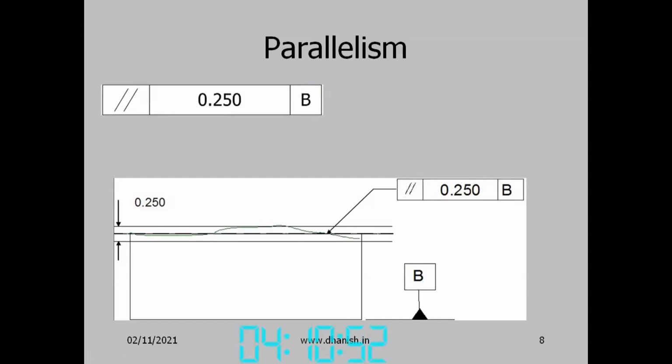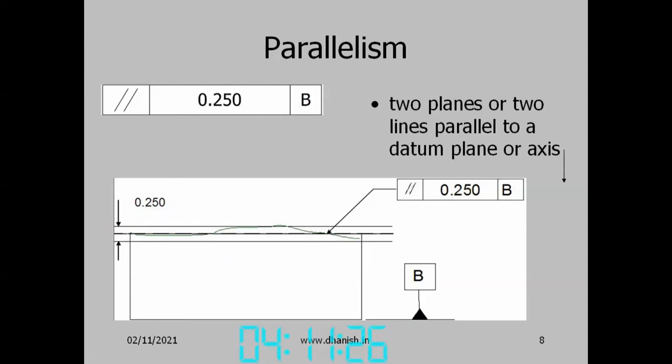I think there may be a question like that: what is wrong with the geometric tolerance specified? There should not be a datum for form tolerances. So again, the datum is B. First we have to locate the workpiece on a surface plate or something, and then move a dial over the surface, and the total movement should not exceed 0.25. So that is the meaning of this parallelism.